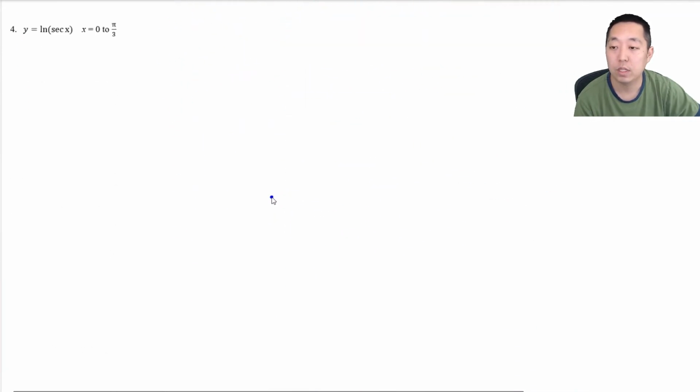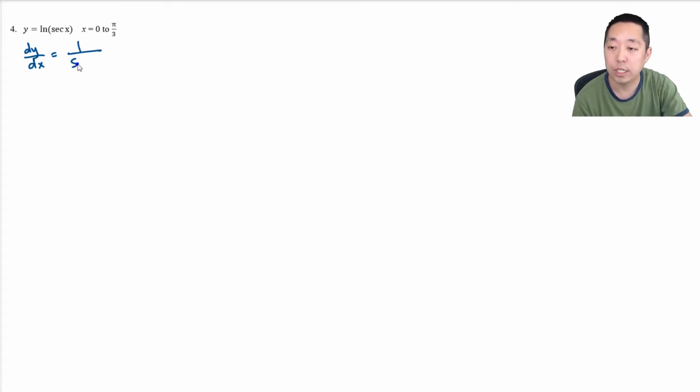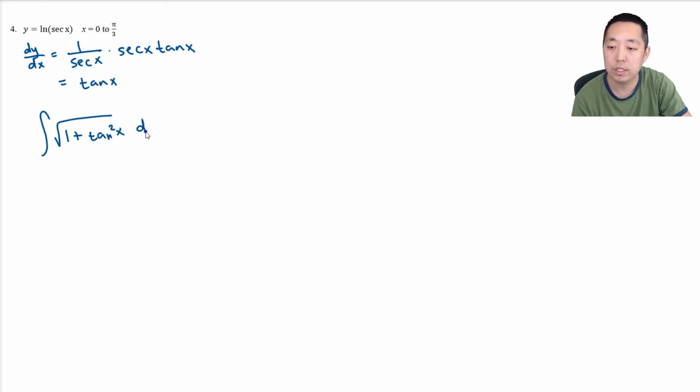And then here we have number 4, dy/dx here. The derivative is 1 over secant x times the derivative of secant x, which is secant x tan x, right? And so that just equals tan x. And so we're going to be integrating the square root of 1 plus tan squared x dx from 0 to pi over 3, right? But 1 plus tan squared x is, you know, your trig identity, that's secant squared x. So it becomes the integral from 0 to pi over 3